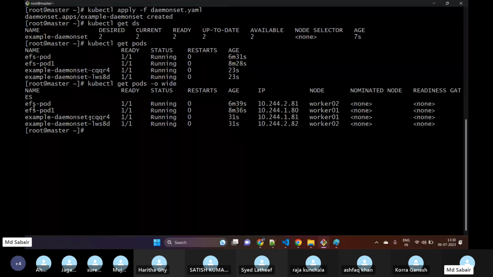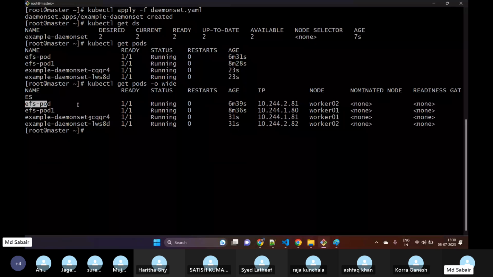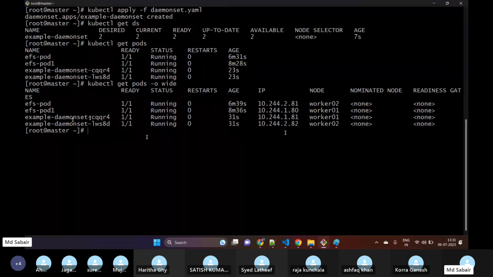Earlier, we used YAML and this was executed on worker 02 or worker 01. But for daemon sets, we haven't specified our node machine name or the node selector or node affinity. It is directly executing on the number of worker nodes. For example, just see this, kubectl delete